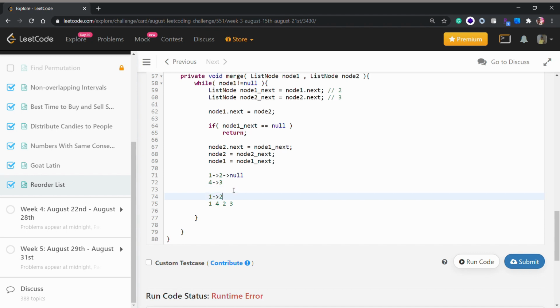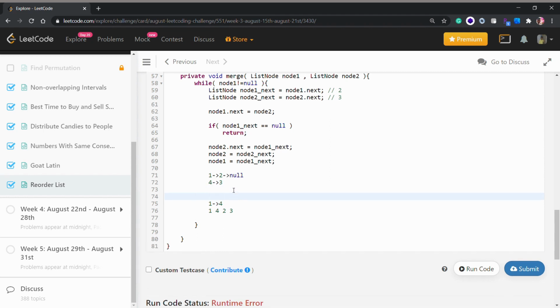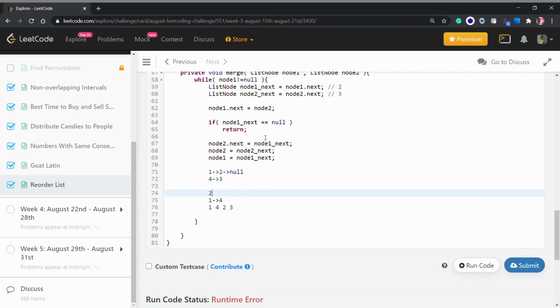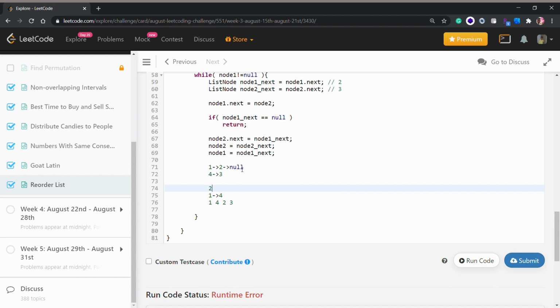Oh, I'm so sorry, not 2, our node 1 dot next will now point towards 4, but our node 1 next variable will still point towards 2, and it will just check if it's equal to null, we will just return. Okay, and it's a mandatory test, you can think of it that way.